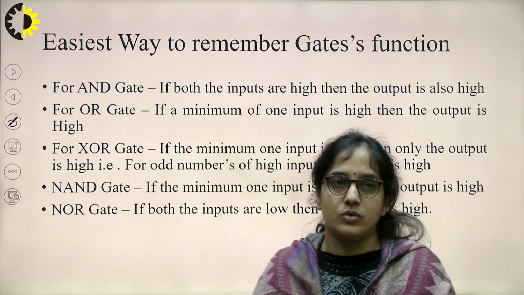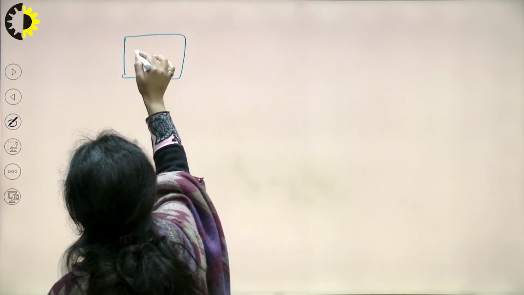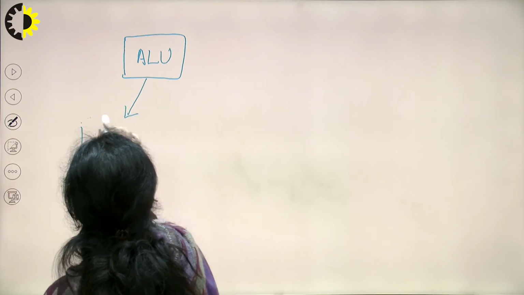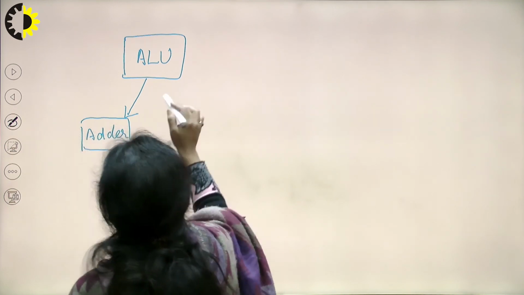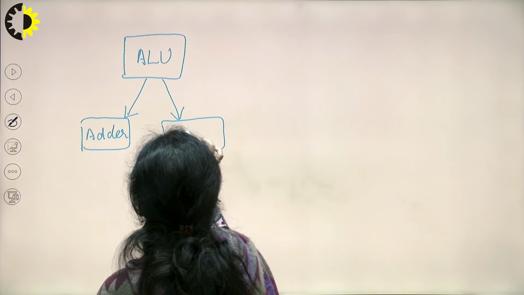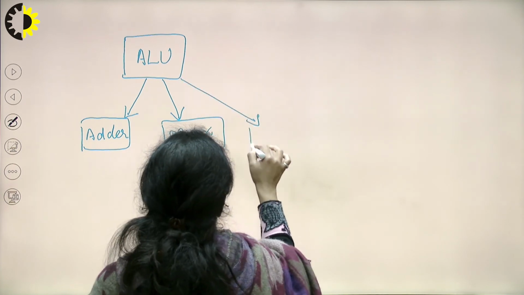And how are we going to use these gates? We can use them to design an ALU. In the ALU we have to use an adder, we need a multiplexer, and we need a decoder also.